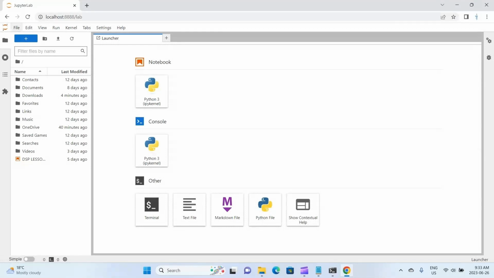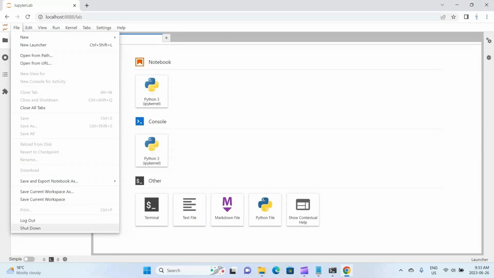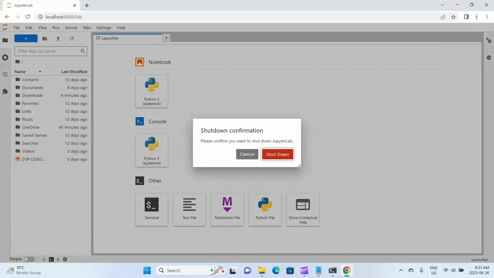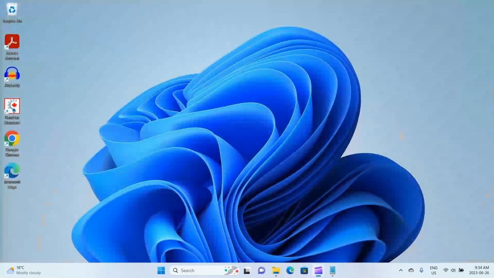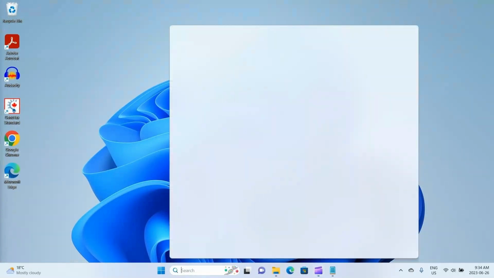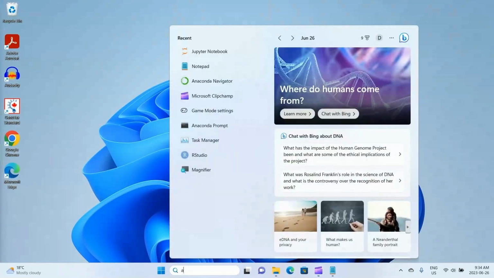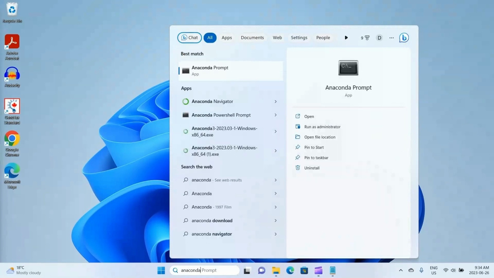So this is one way. I'm just going to shut down this so I can show you the second option, or technically option 3. Shut down, shut down. Yep, it stopped, and that black tab has disappeared as well, which is good. Close that. So the second option is we're going to go to our search bar again and search Anaconda prompt instead of navigator.